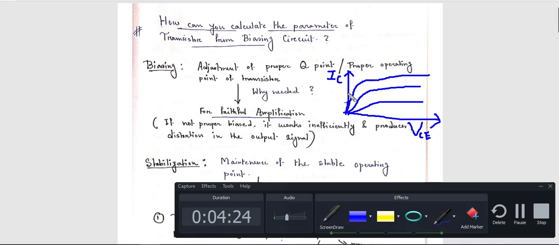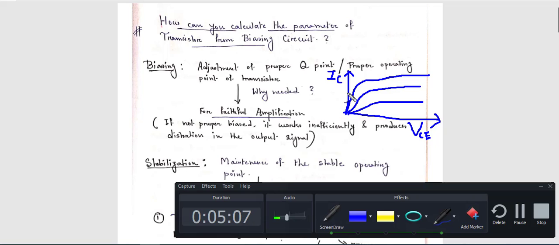Why is biasing needed? Basically, why do we use a transistor circuit? That means what is the application of a transistor circuit? We use transistor as an amplifier. Now what is an amplifier, or what do you mean by amplification? Amplification means you have to increase the input value in such a way that at the output side you have some gain. That means if you design a transistor in such a way that your input is amplified at the output side of a transistor, then only you can say that the transistor works as an amplifier circuit.